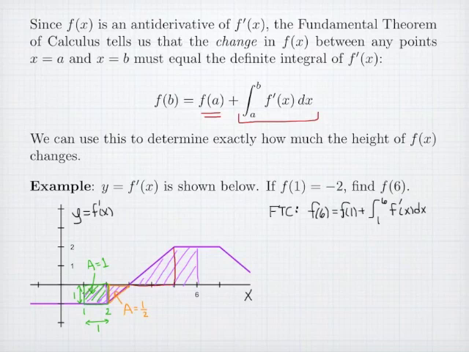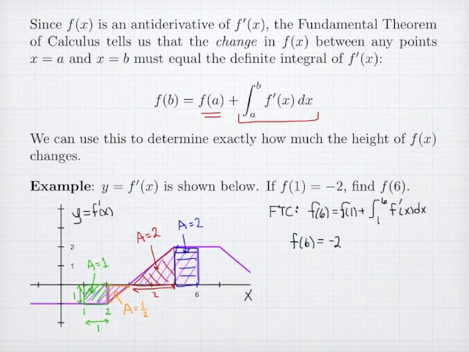I then have another region. It's a triangle. Its width is 2, its height is 2, and so its area is 1/2 of 4, or 2 square units. Finally, this last region has an area given by a width of 1 and a height of 2. The area is 2. So my height at 6, f of 6, of the function that I don't see, is